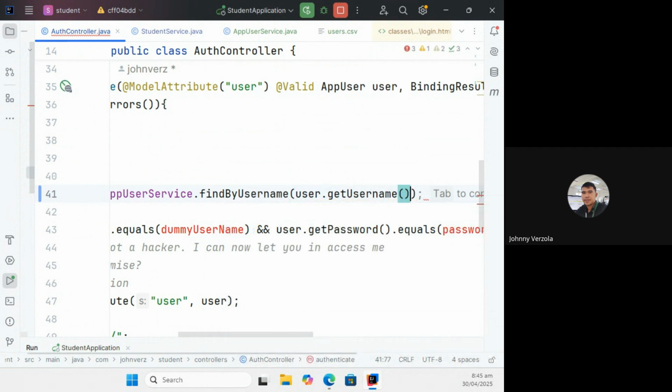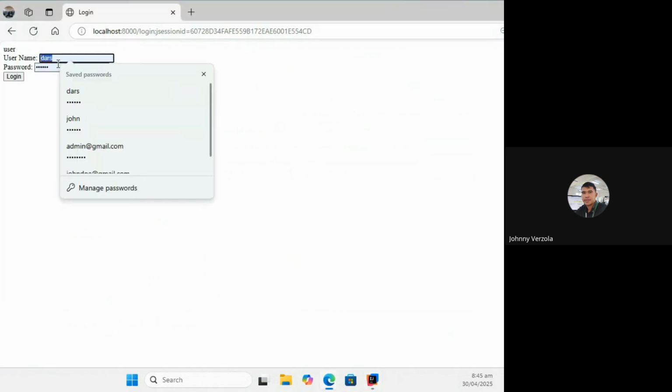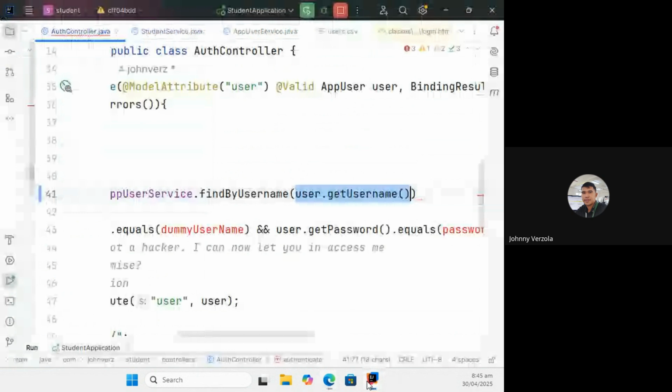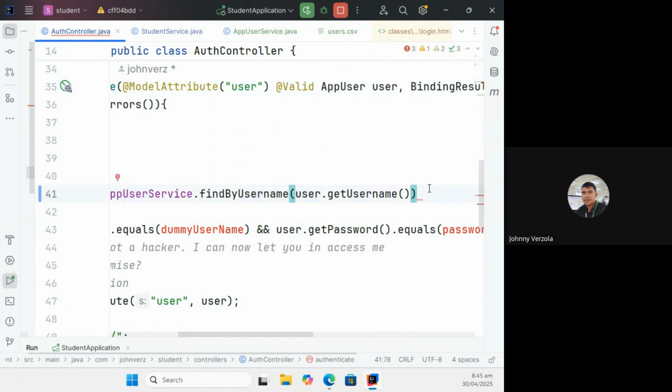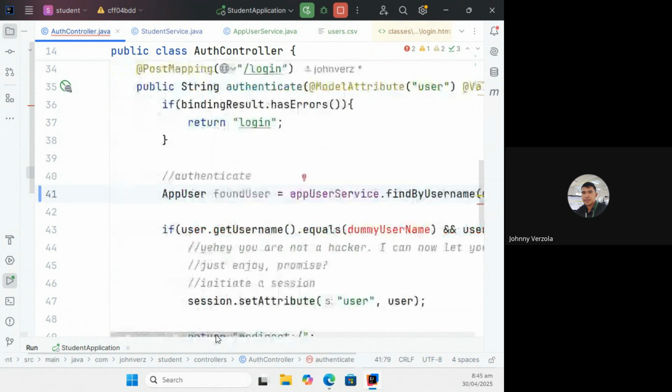get username. So I want you to understand that the value of this is automatically assigned. I mean, the value of this and this is automatically assigned to the properties of this object. That's the wonder of Spring Boot. Marami yung ginagawa na hindi na natin kailangan imano-manong gawin or i-code. Okay? Kasi naka-framework na siya. But that's basically the process in the internal of the framework that we are using. Now we are looking for the specific username using that keyword. And then we're going to authenticate it.